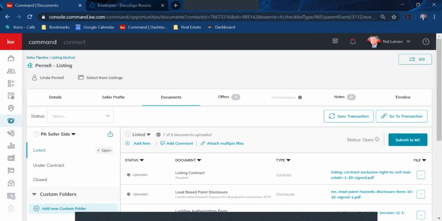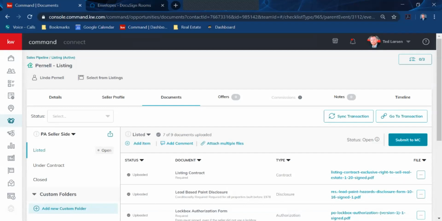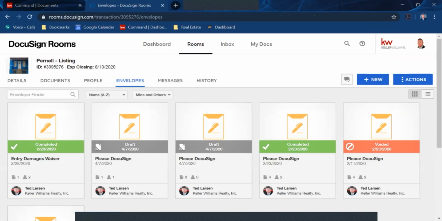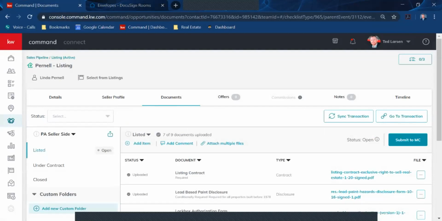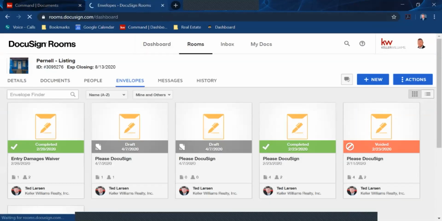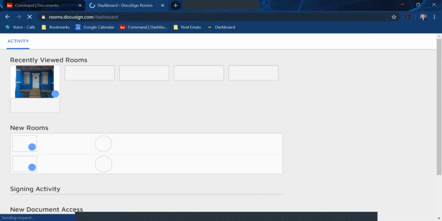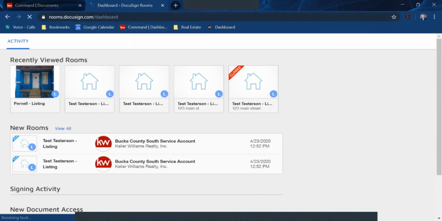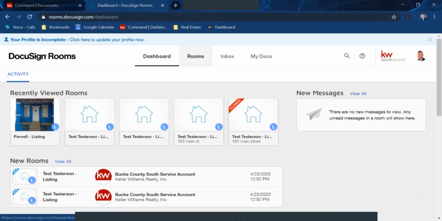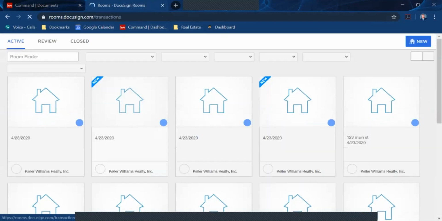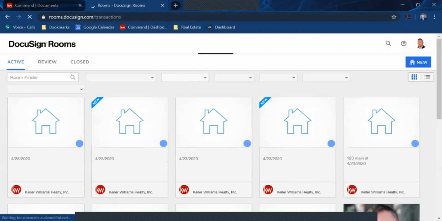Ted, did I miss something there when we have some of our internal documents and we want to add those too? Correct. So your Keller Williams, thank you for bringing that up. Your Keller Williams specific forms, you will still be pulling over directly from Docusign. Just like you were pulling over documents prior, all of our office specific forms are already,